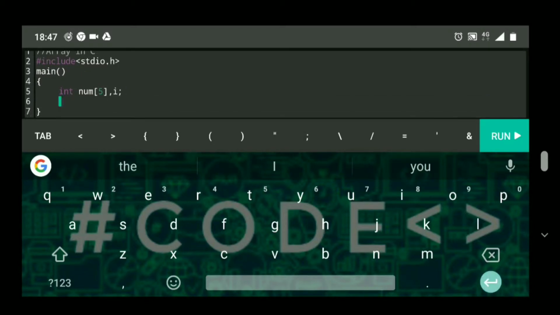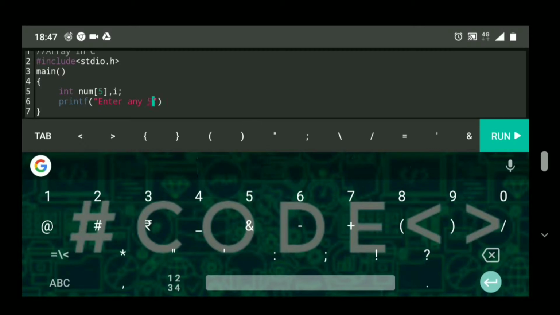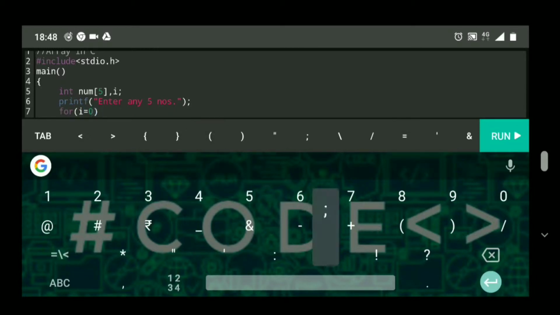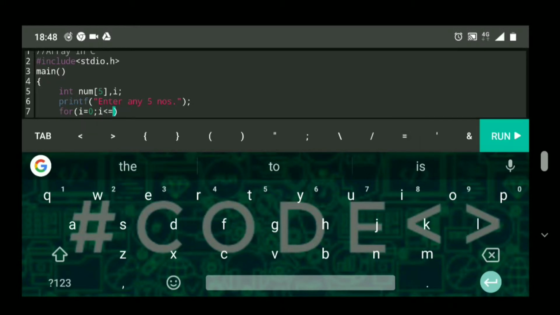So now let's get started. I will printf enter 5 numbers, and that's it. Okay, now to store those numbers I'm not going to use printf again and again, so I'm just going to make a loop over here, like for i equals 0, i less than or equal to 4,